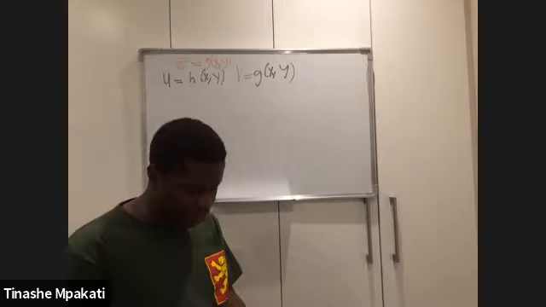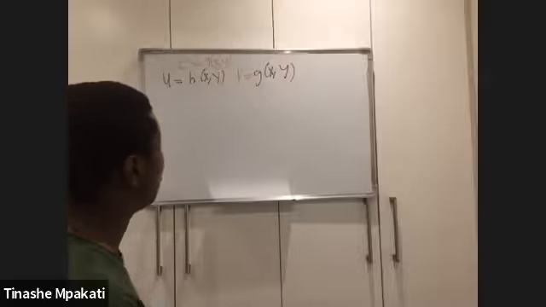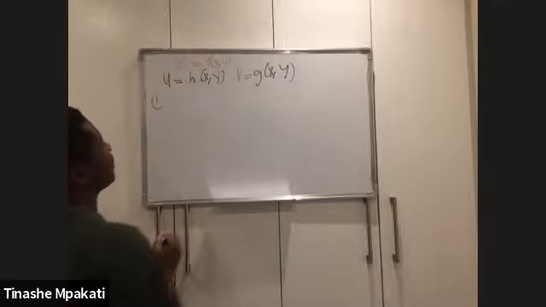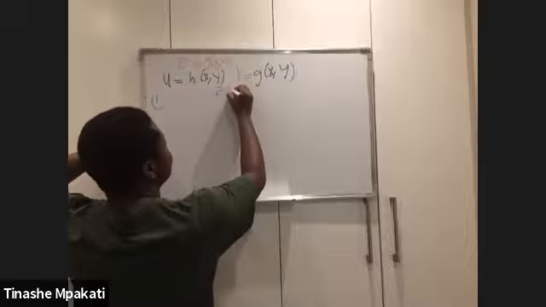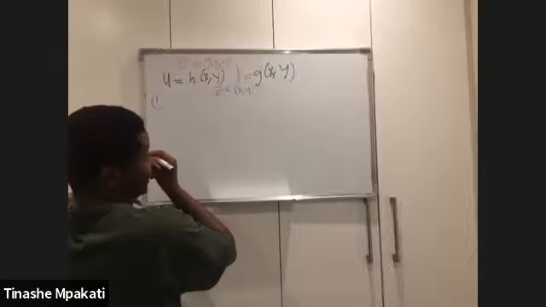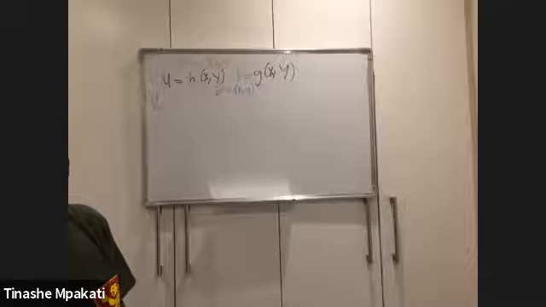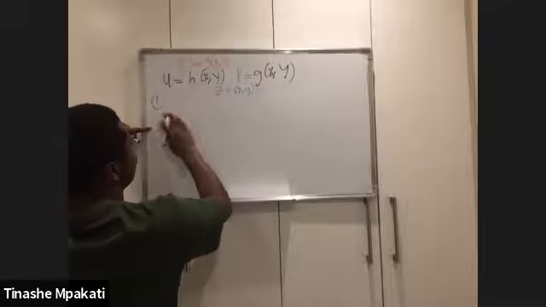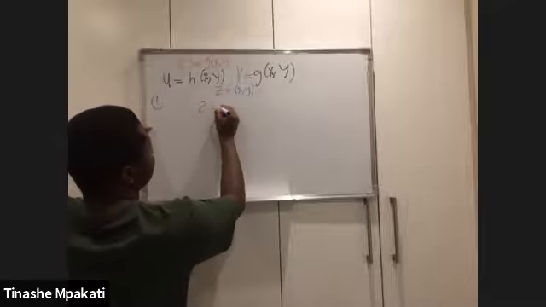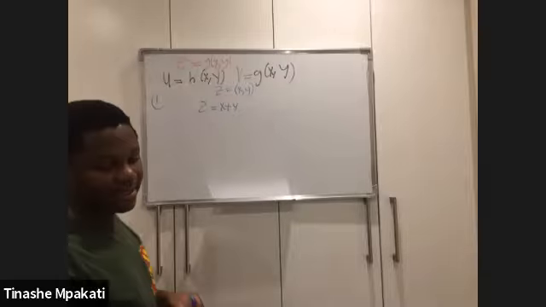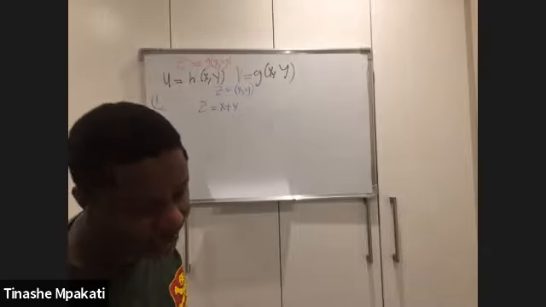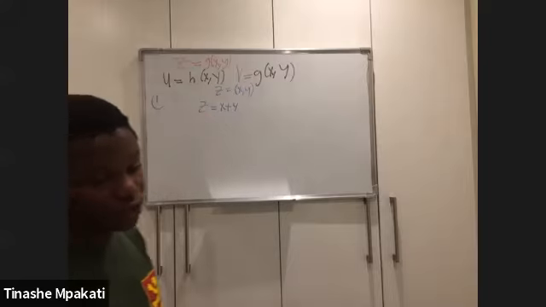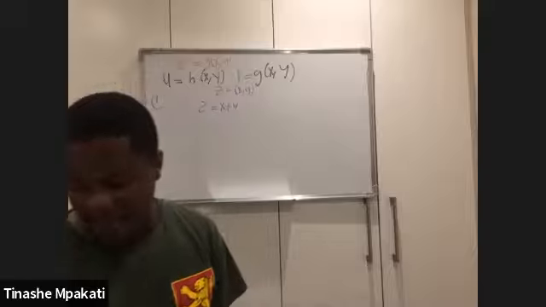Now, there are two ways in which you can do this. I'm going to quickly look at those two ways. The first way to deal with such cases is that maybe you are given a random vector, you've got your X and Y, and then they ask you to find the CDF of Z. Let's say you're told that Z is equal to X plus Y. So you've got your X and your Y separately, then they say suppose you've got a random variable Z equal to X plus Y. There are two ways in which you can answer a question like this.